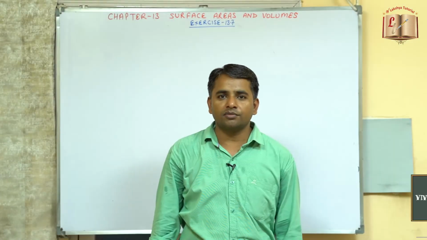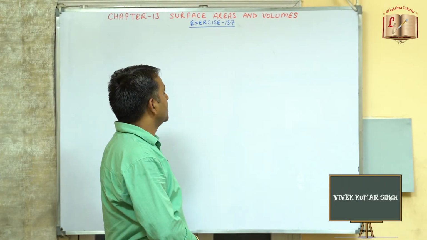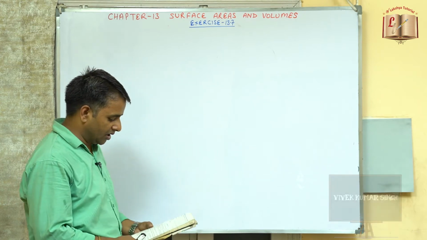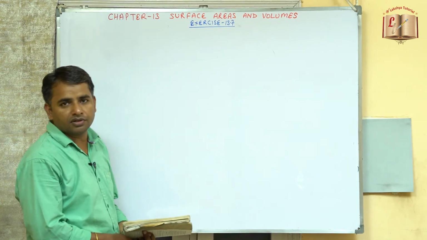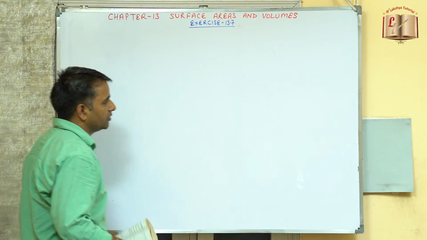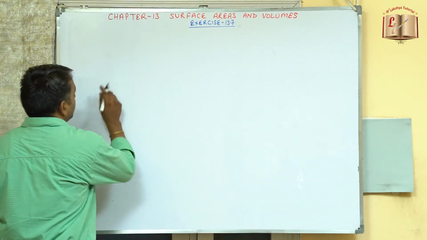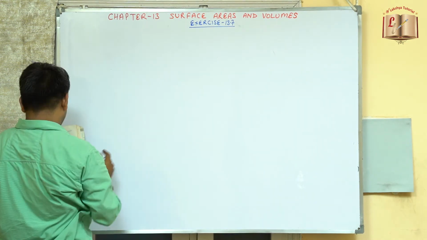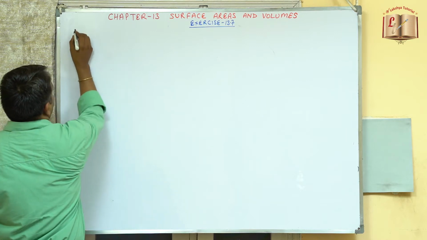Hello students, welcome back. Now in this exercise 13.7, we'll take the volume, mainly for the cone. The volume of the cone is the simplest one. It is 1/3 of the volume of the cylinder. So, starting with the first question,